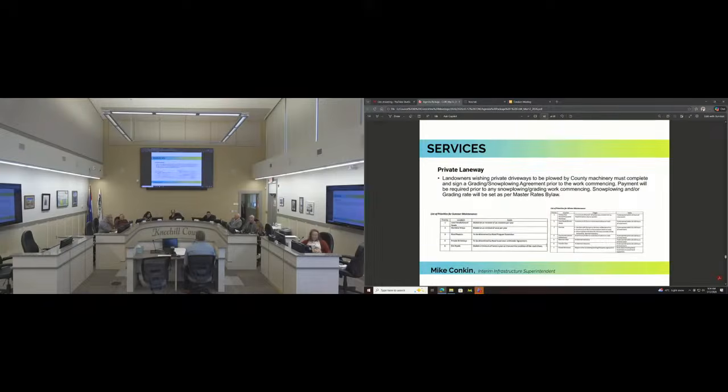So this is one of the services I think has been talked about lots in the past years. Private laneway is one of the ones we do offer currently. Grading and snow plowing are the two options we offer with that, once again based on cost recovery. So that's based off of our Alberta Road Builders rate minus the profit part out of it. So it's $220 an hour. Once again, these are the lowest priorities, so we make sure we're either in the area or somewhere close by when we're doing them. Snow plowing, obviously, we'll try to get to as soon as possible.